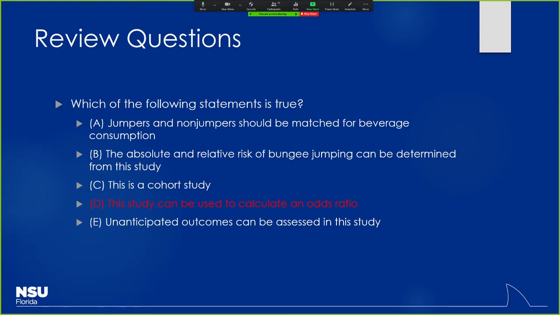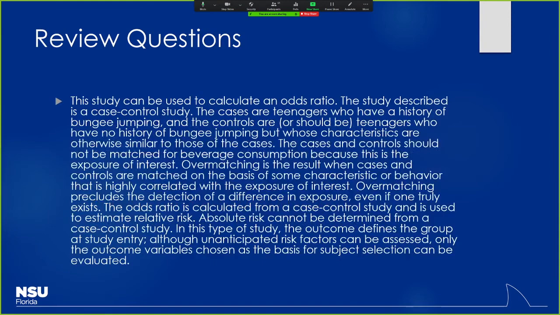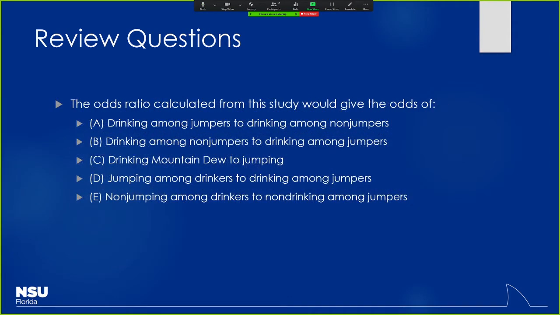So that's ruled out. And then remember, with case control studies, you can look for a variety of risk factors. You're stuck with the one outcome. On the other hand, if you do a cohort study, you can have as many outcomes as you want, but you're basing off of one risk factor typically, right? At least if you're doing two groups. Hopefully that makes sense. All right.